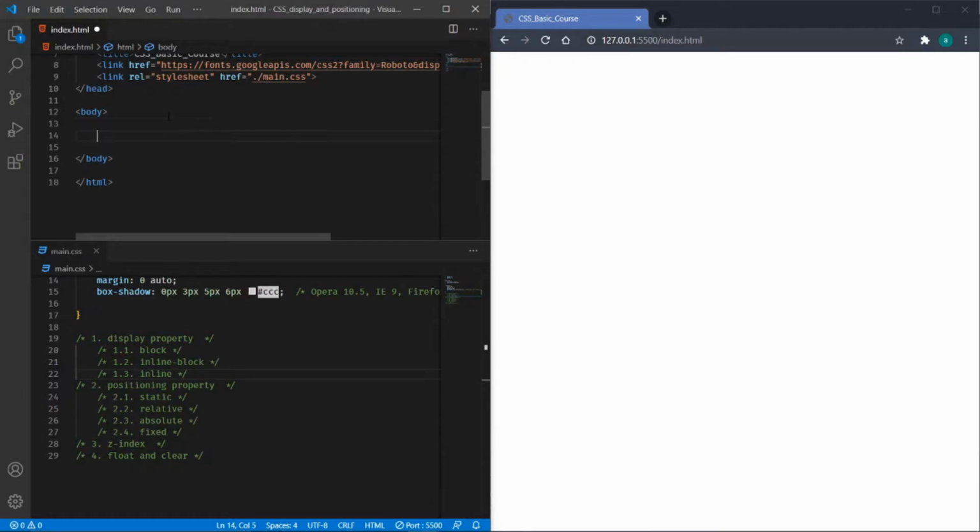For the display code, I will arrange a container with the first container with the inline element, the second container with the block level element, and the third with the inline element again. So I will just code it for all three things. We will be discussing the display property. Commenting is good, always try to comment it.